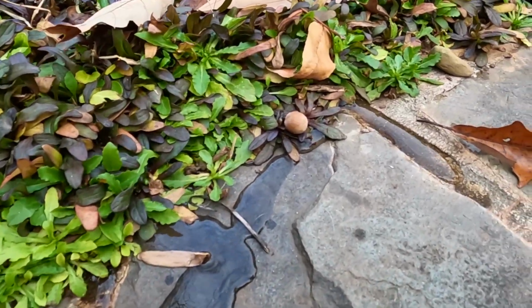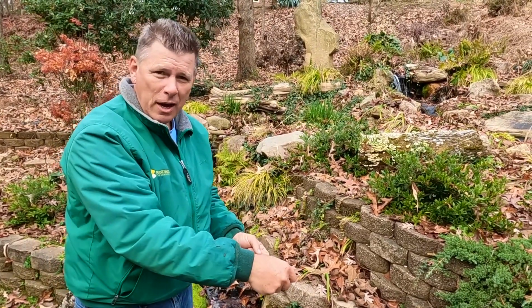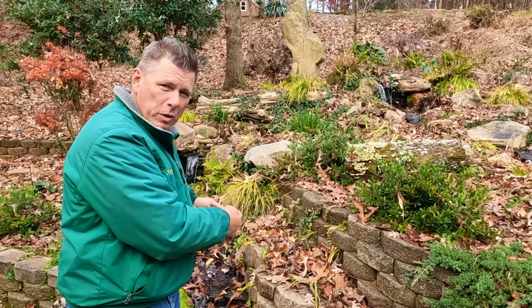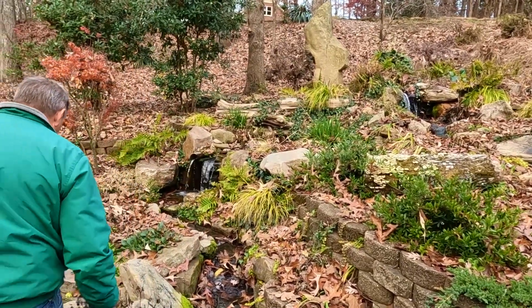I'll give you a little pro tip here. You always want to start cleaning at the top of your stream and not at the bottom. If you start cleaning at the bottom, and then as you move up, some leaves get free from where you're cleaning, they go down and they clutter up what you've already cleaned. So we're going to start up here at the top of the waterfall